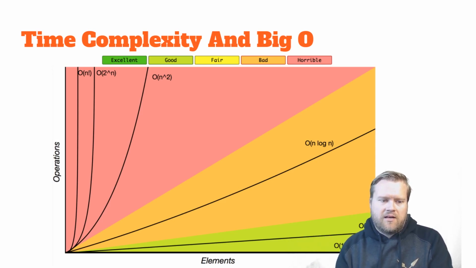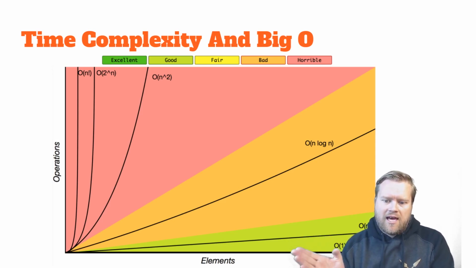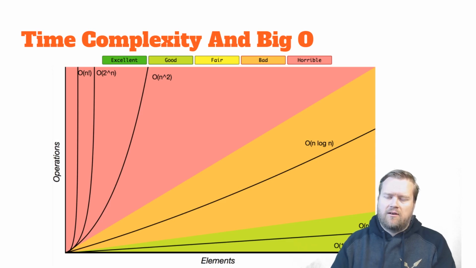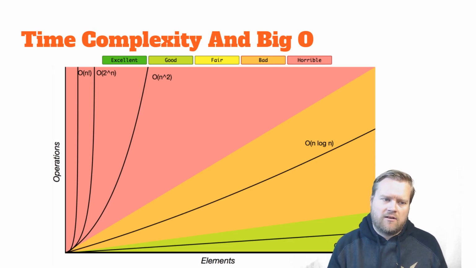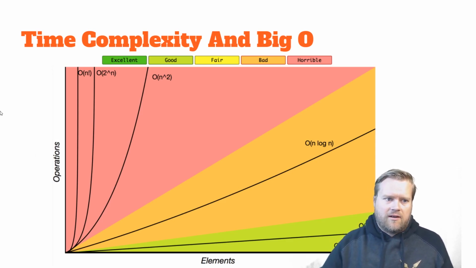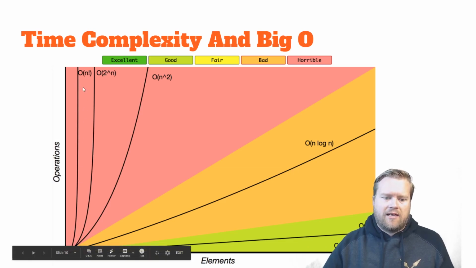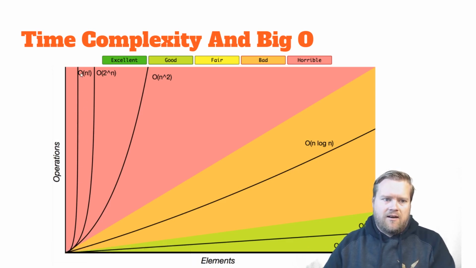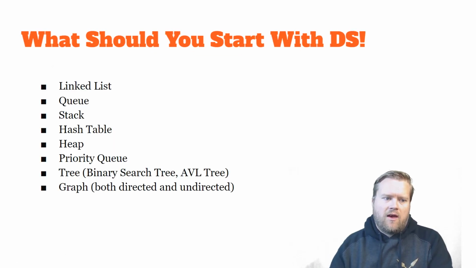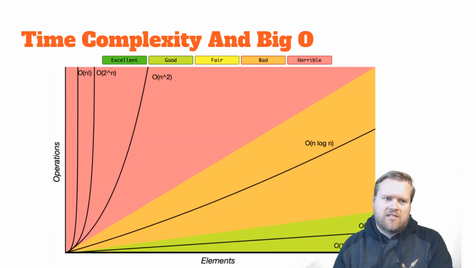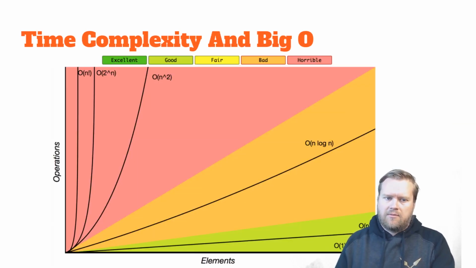But you can see if you have n log n, these are better and faster than O of n or O of 1. It's super fast, meaning the more things you put in, the speed complexity is still really fast. But if you have something like n squared or n factorial, like right here, then that's going to be really, really slow. The more items you add in, the more operations, it's just going to be really slow. Understand, when you create your algorithms, what kind of time and space complexity in Big O it'll be.